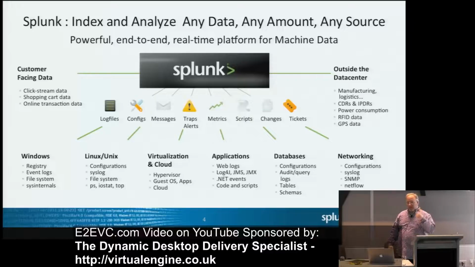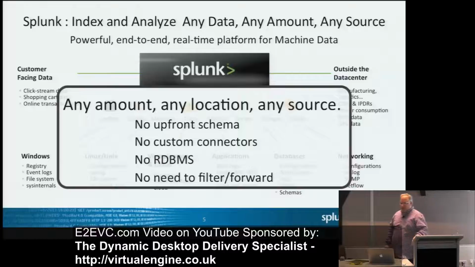The other good thing is that because the data extraction, or the relational feeling of the data, doesn't happen until search, I don't have to worry about schemas. Right? One of the biggest problems with monitoring products today is they've got to know the questions that you want to answer before they design their database.